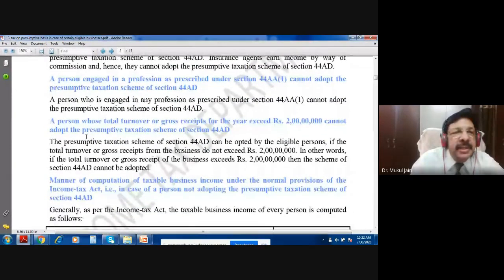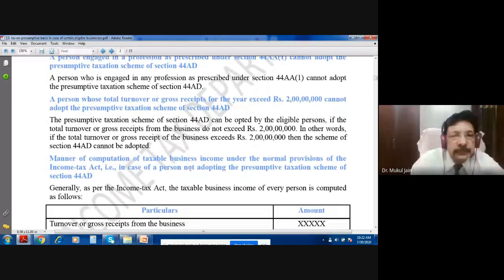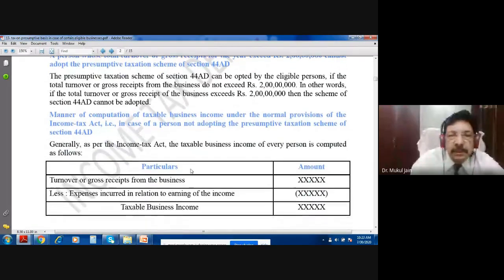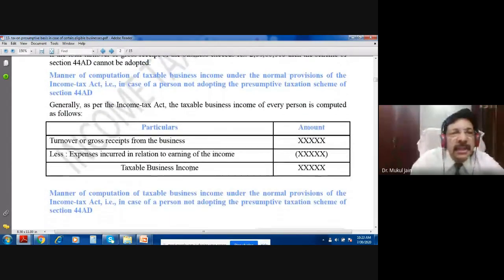Similarly, now I am reading these bold lines. A person, see my cursor, a person whose total turnover or gross receipts for the year exceed 2 crore cannot adopt the presumptive taxation scheme. तो आप क्या करेंगे? जनरली